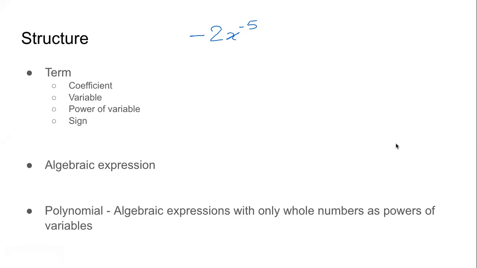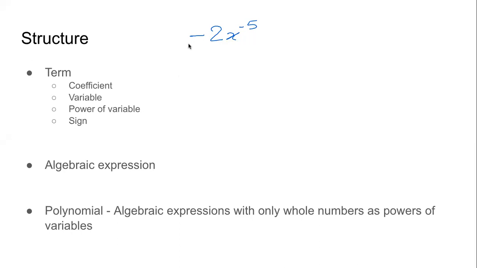Okay. Now I'm going to ask you a question which I have not clarified today, but I have clarified earlier. So please listen, think, and then answer properly. What is the coefficient in this term? Chan, correct answer. Khadija, correct answer. Alfia, wrong answer. Now, yes, minus is the sign for the term, x is the variable for the term, minus 5 is the power of the variable. But when we try to answer, what is the coefficient?